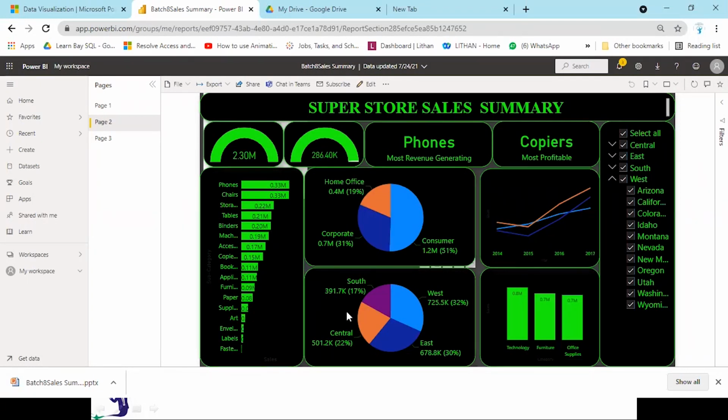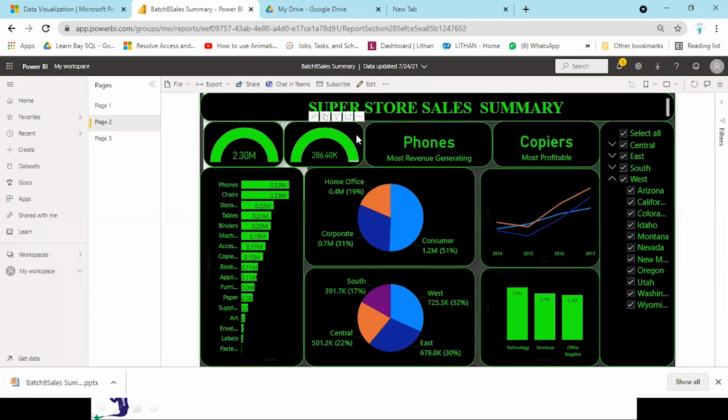So this is one of the biggest negatives of dashboards in Power BI. The biggest challenge is that the dashboards in Power BI are not dynamic by default. The dashboards in Power BI are not dynamic by default. Okay.